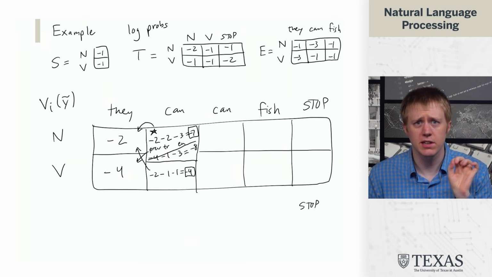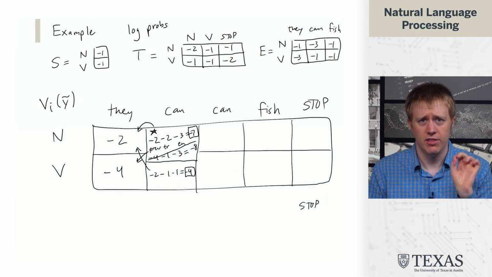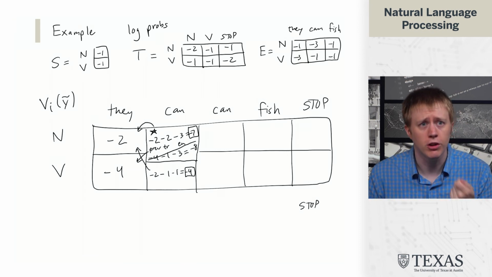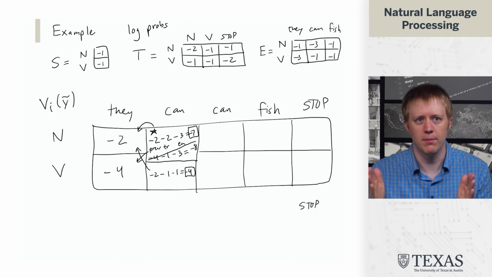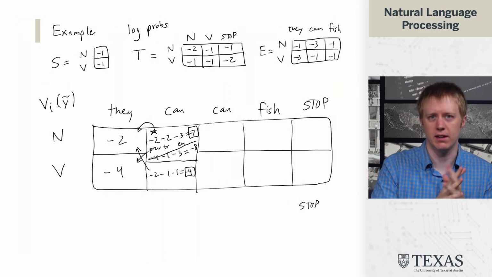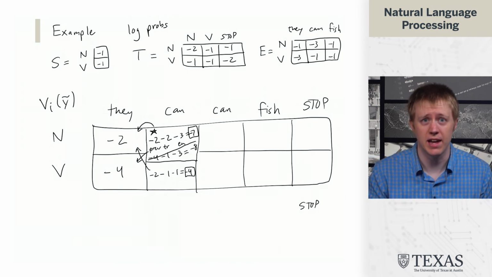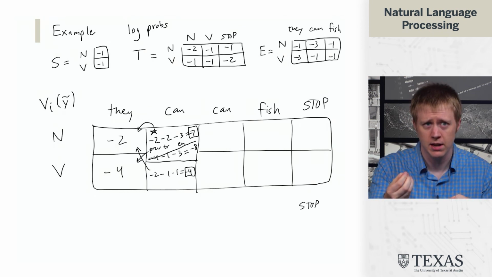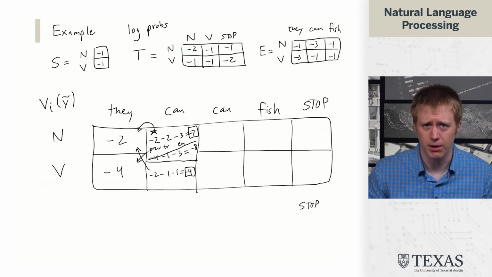All right, so you could push the rest of this computation forward. Notice that we do need to keep both of these possibilities alive, even though this lower path, having can be a verb, looks a lot better. The reason is that there could be some other word coming up that makes us reevaluate how we analyzed the sentence so far and say, okay, actually, it really does seem like that can was a noun. You don't want to commit yourself greedily to doing the wrong thing when there might be more information that tells you something further down the road.